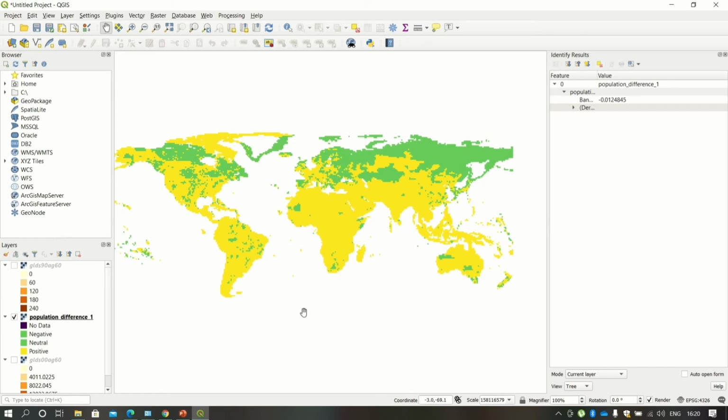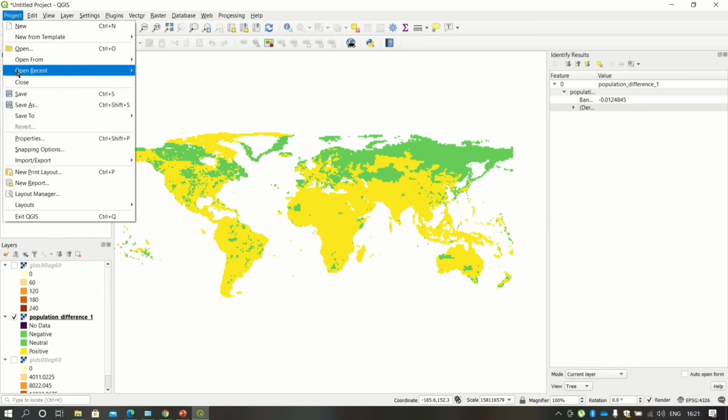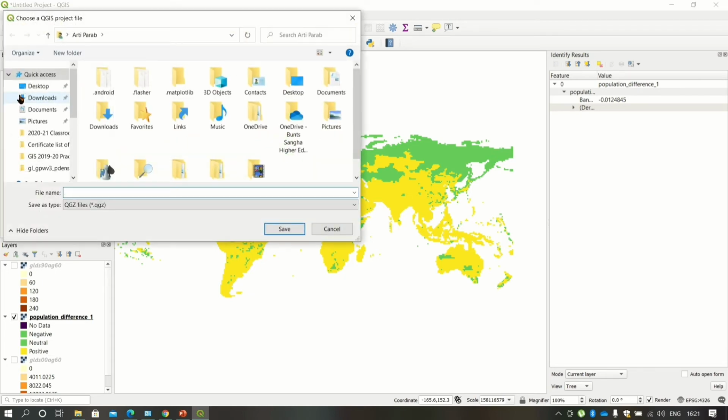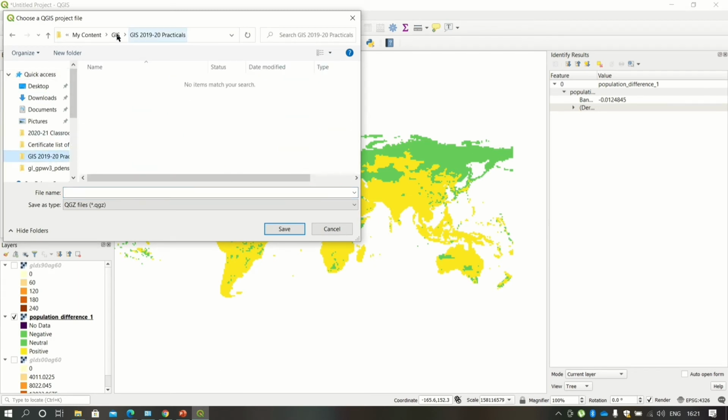Once you're done with your project, you can save this project by clicking on project and save project. You can navigate to your folder, or you can create a new folder from here.